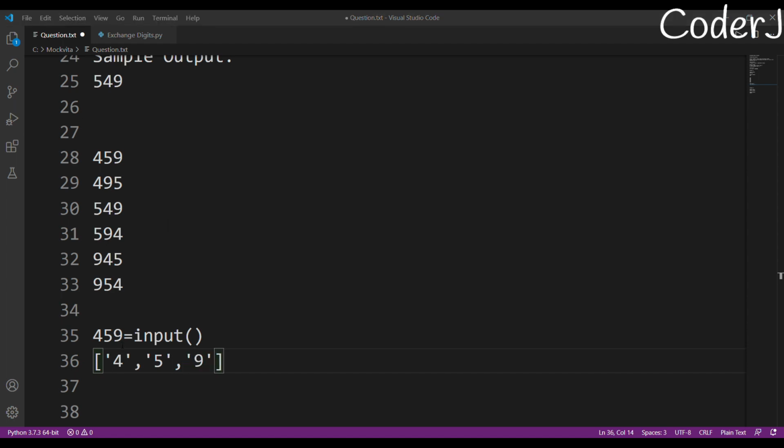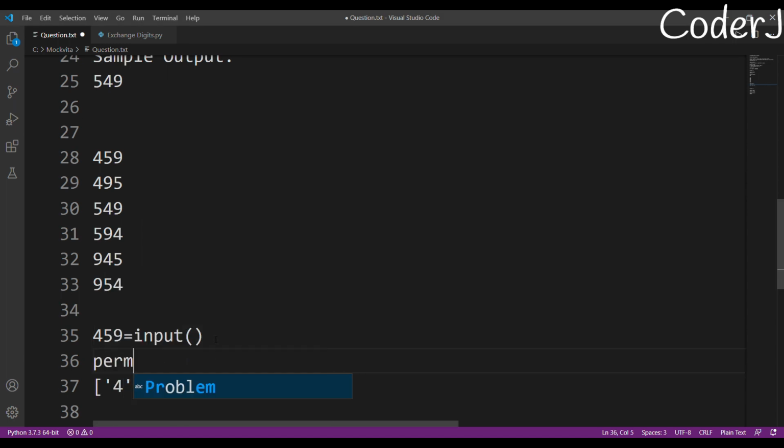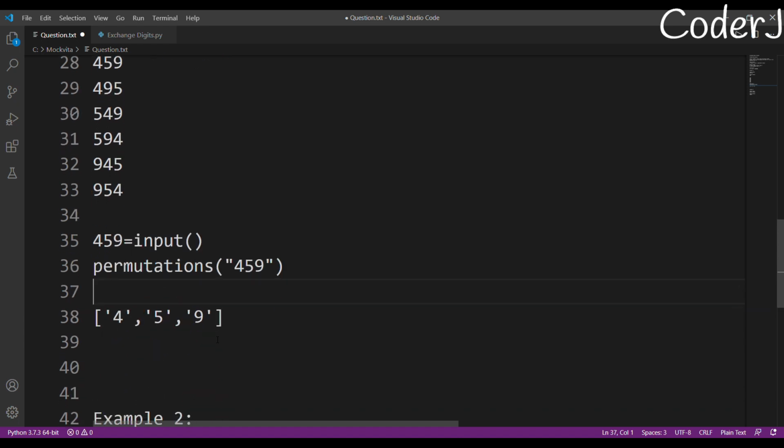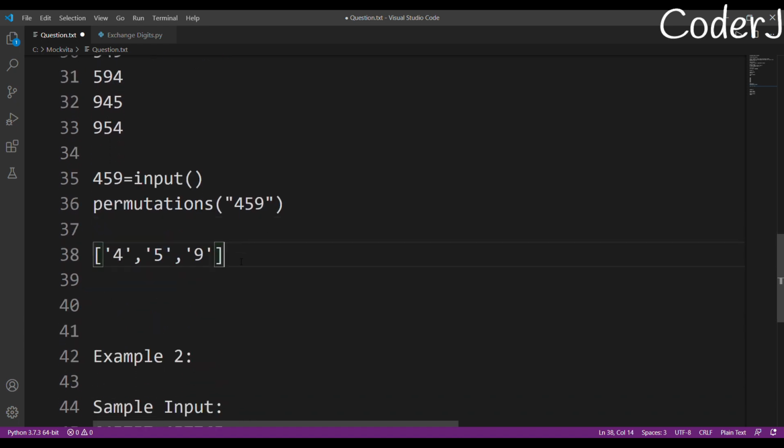If I call permutations on 459, it will break my 459 into a list of individual members, and after that it will create all the possible permutations of it.